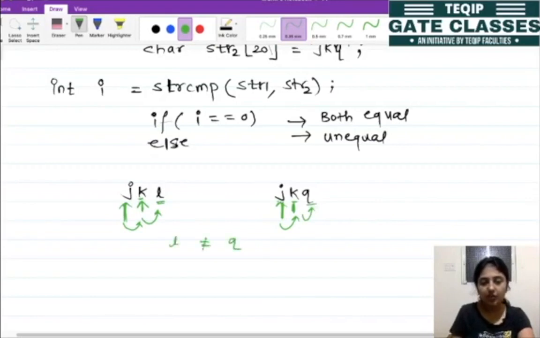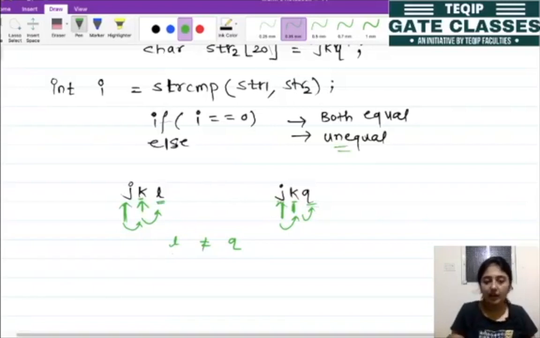Therefore the ASCII of L and the ASCII of Q are used to find the difference. In this case these two are not equal, so the value assigned to i is not 0. So we can print that both these strings are not equal.